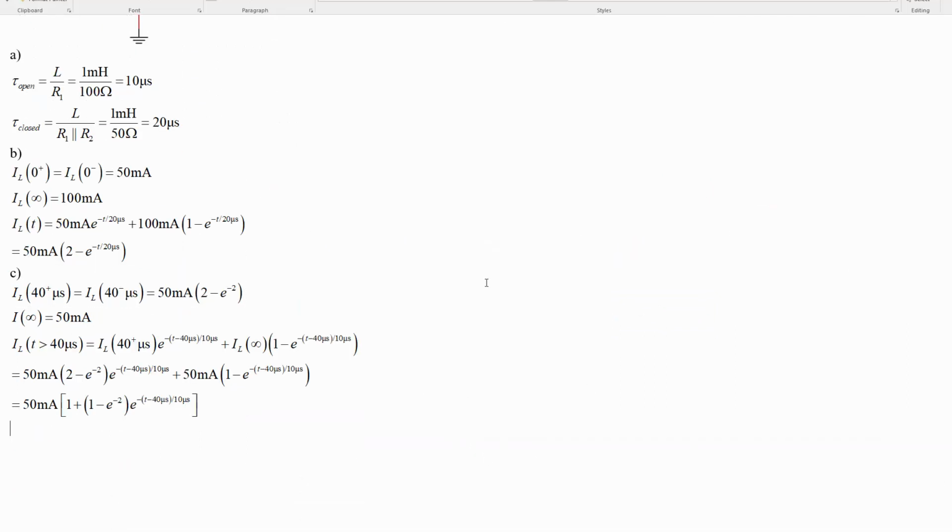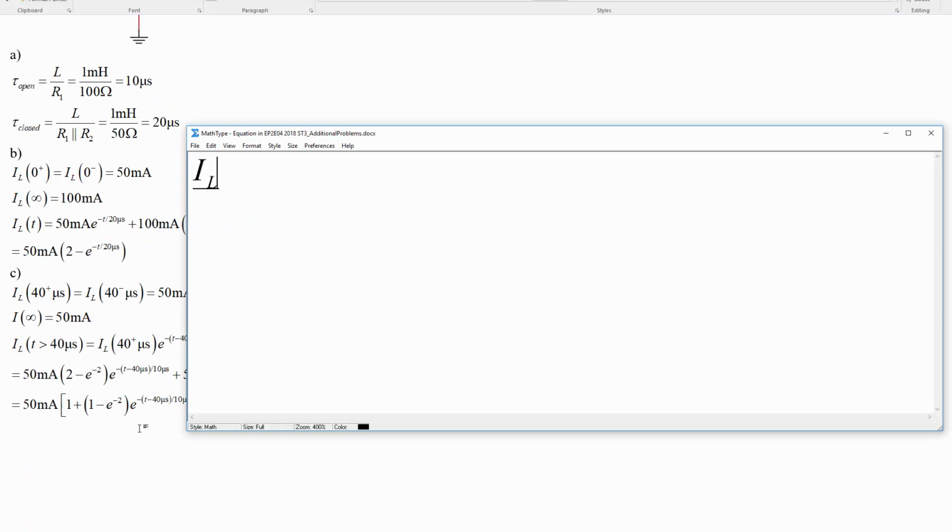Anyway, it's probably the most clear from this first step here. So the IL at t greater than 40 microseconds starts at the IL at 40 microseconds, and then moves towards the one at infinity, which now is again 50 milliamps, according to an exponential function that has a time constant of 10 microseconds, the time constant when the switch is open. So that means that IL at all time is equal to the